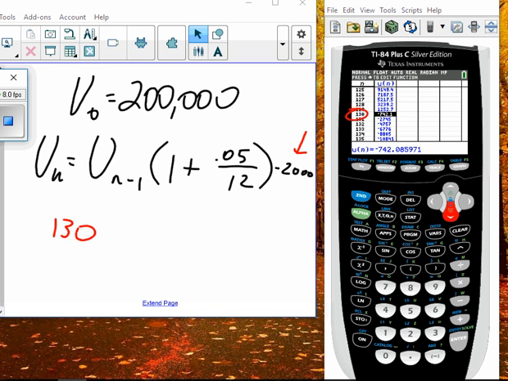Okay, here we go. You should have said 130 times 2,000, but if you just did that, that was a little oversimplified, because that's not factoring in that they owe you back. So minus